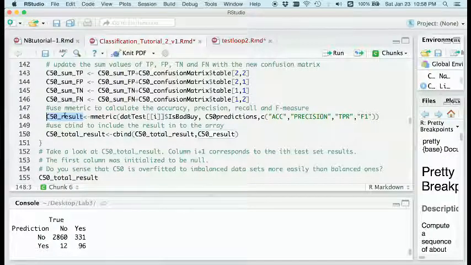For example, in the first iteration, it is the result from the first model, and we want to combine the results for 3 different models. So we use this cbind function to combine the results into an array. Remember, this C50 total result is the array name. So after each iteration,